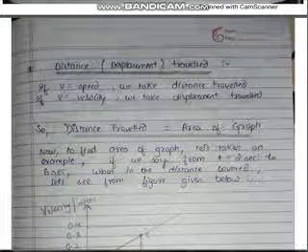Now second point is displacement or distance traveled. Please try to listen here more properly, because we have some numericals which are based on this point, where we have to find the area of the graph, or sometimes we have to find the distance traveled with the help of the graph. So we have to follow this point.